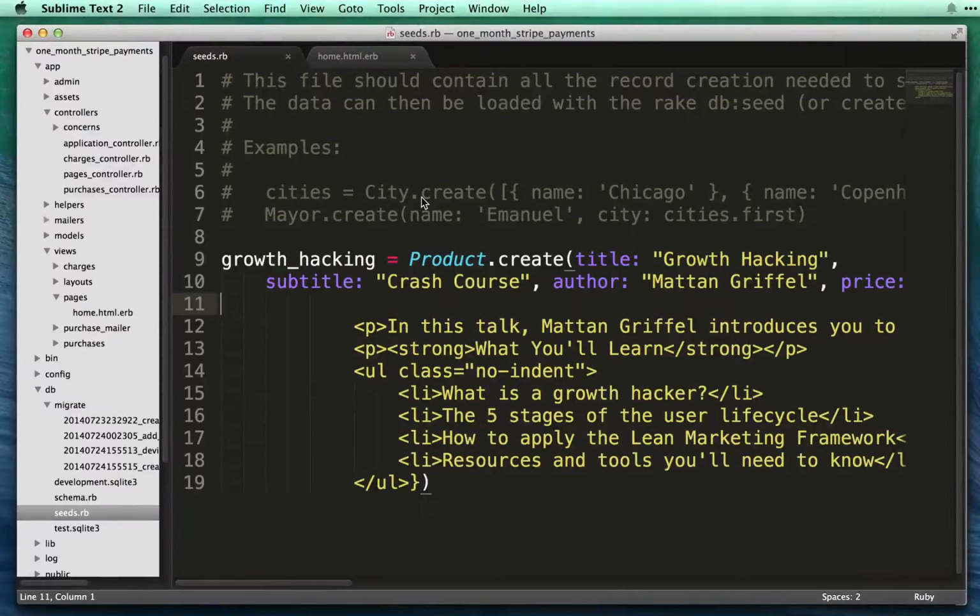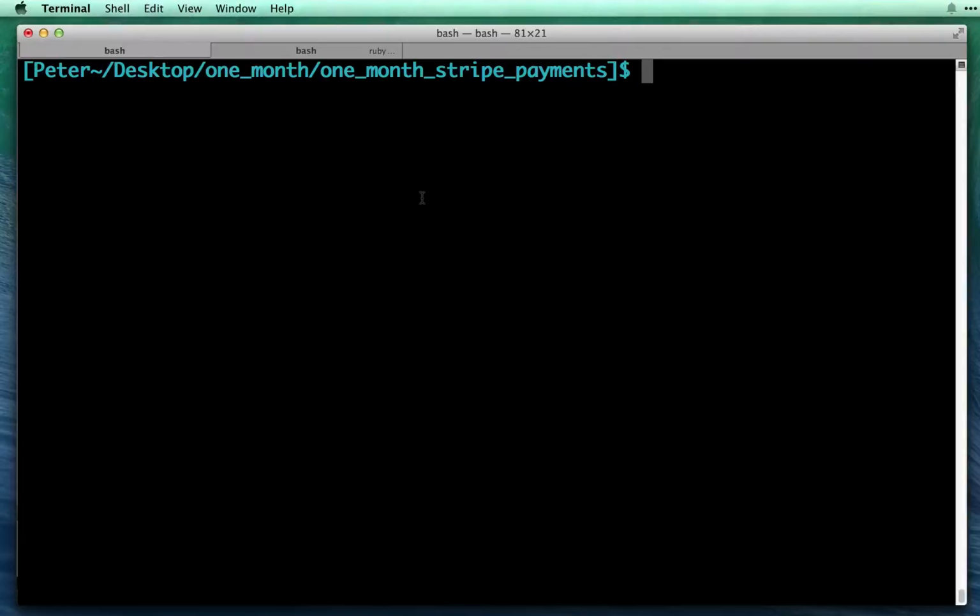Now that we've created the seeds.rb and we know the structure of the products we want to put in the database, we're now in a good position to actually create the product object and the database table for it. And we know we're unlikely to forget fields now because we've gone through and looked at what information we need to store. So let's go into a terminal window and let's rails g to generate a model, and let's call